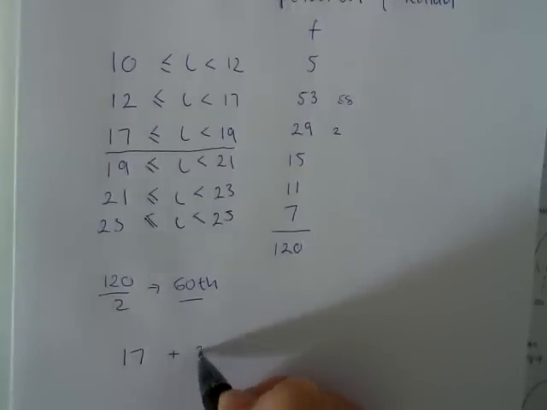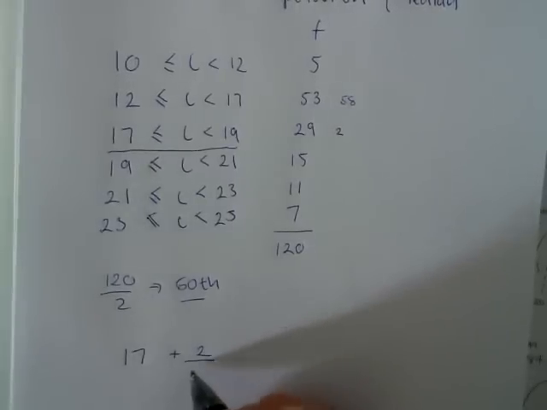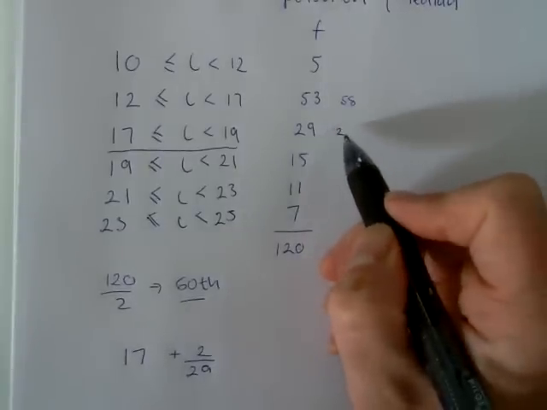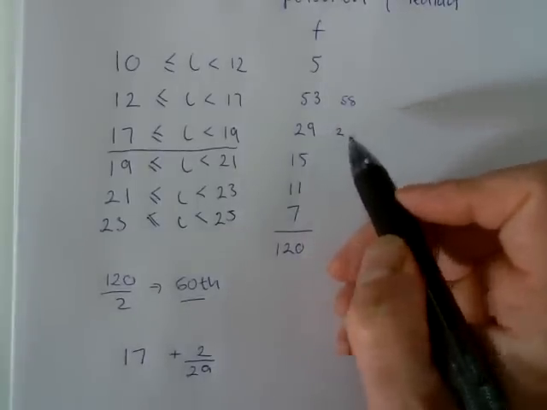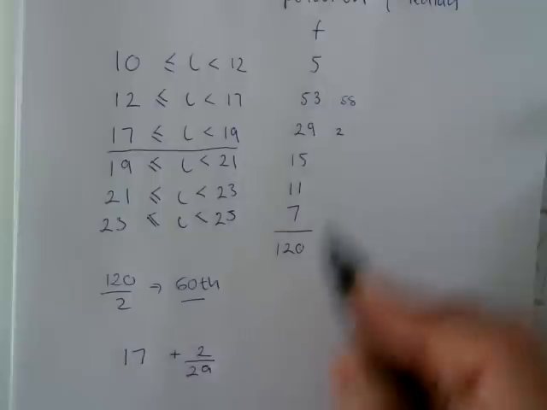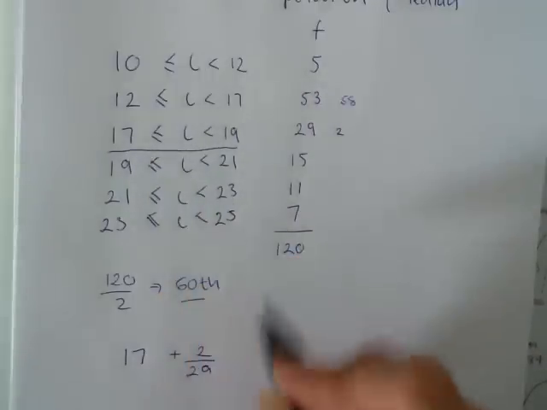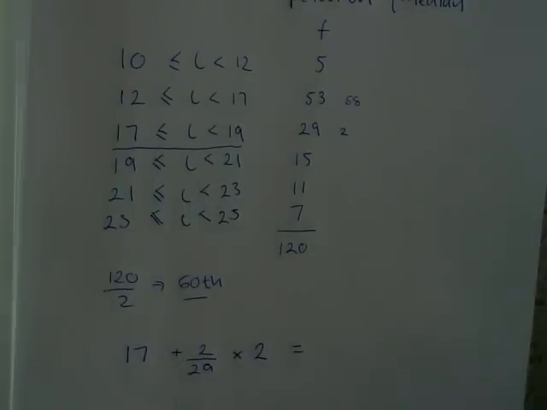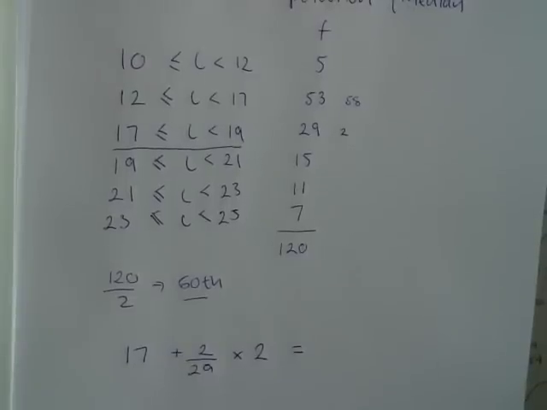The fraction of the way through the interval we are is 2/29. So there's 29 scores in the interval, and we want to be the second because we want to be the 60th score overall, and we know that 2, 53 and 5 makes 60. Now the interval width is 2, and that really is all there is to it. So it's the start of the interval plus the fraction of the way through it times the interval width. So that will give us 17 plus 2 divided by 29